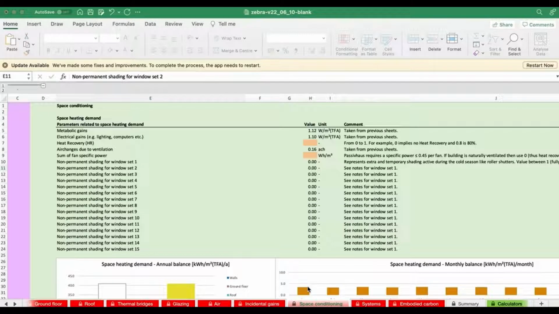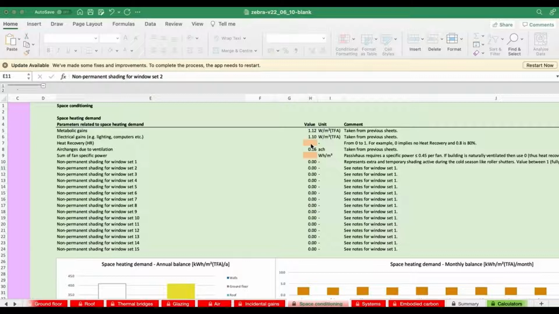And we realized this was probably not the best way of doing it, and in future versions of Zebra, we're going to bring that more together into a way that you'll find easier, I hope, to describe your ventilation strategy. So if you've downloaded a more recent version of Zebra that we had yet to write when I did this recording, you're maybe faced with some information slightly differently presented on slightly different sheets. But in this case, the first beige box is heat recovery.